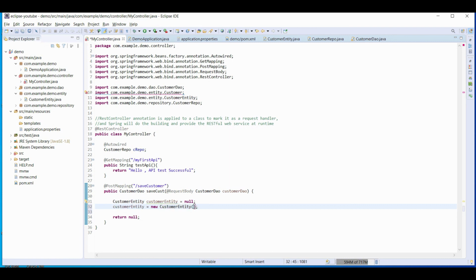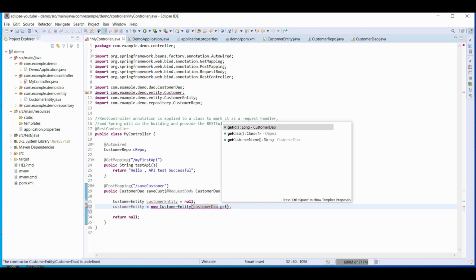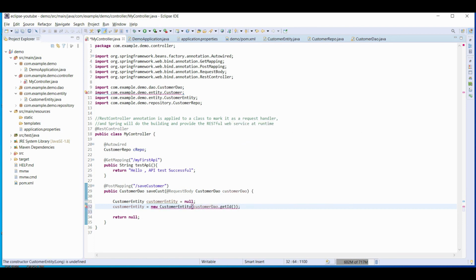First detail is ID, so you have to get the ID from this dot get ID. And the second parameter is you have to get the name from this. Now you are ready with one entity object.